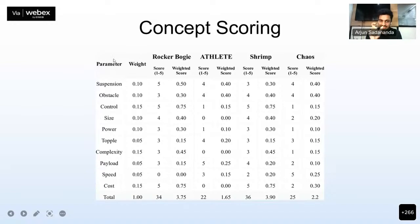You have to decide what are the things that matter and how much they matter, which are the parameters and weights. Then you put all your concepts on one of the axes and start scoring everything based on the things that matter and how much they matter. You multiply the weight with the score and add up, and you get a score for each of the ideas. Whatever score you get, you can decide the winner, the top three, and then choose the top three and start doing